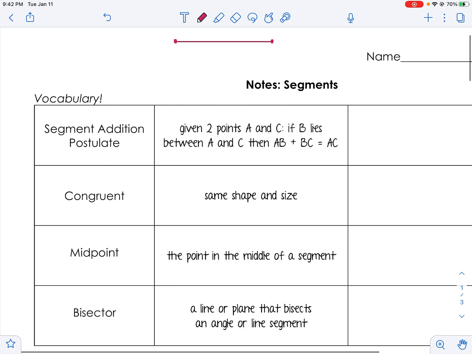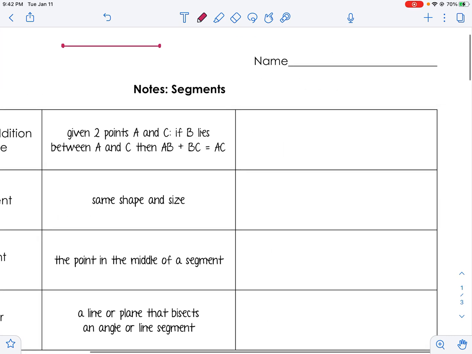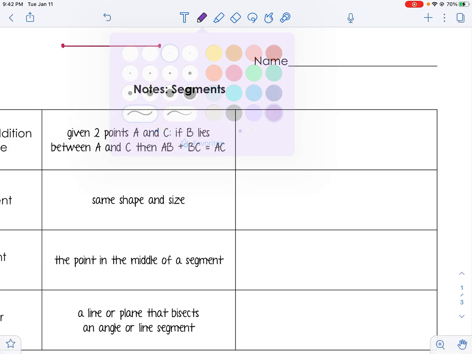So the number one thing to know about segments is that segment addition postulate says if you're given 2 points, A and C, if B lies between A and C, then AB plus BC equals AC. So let's go back and break that down. We're given 2 points, A and C. So if we sketch that out, 2 points, A and C,